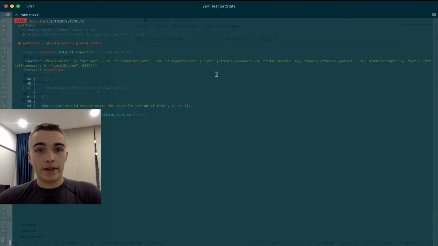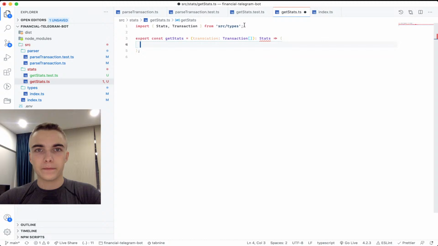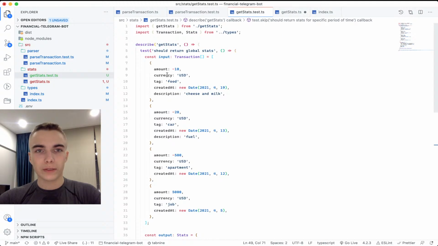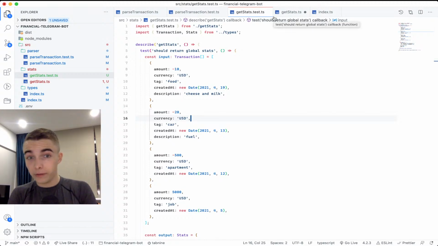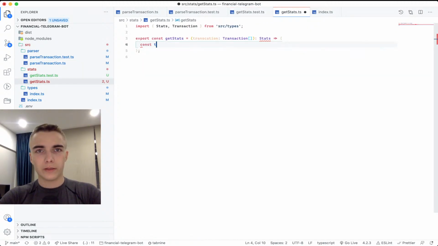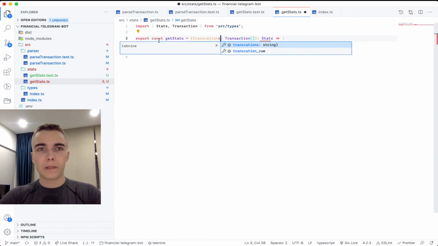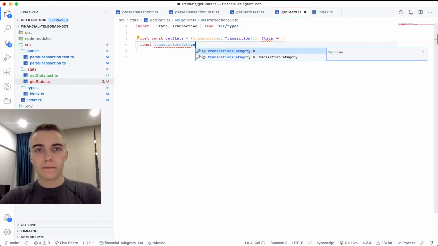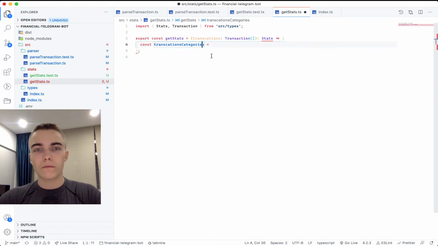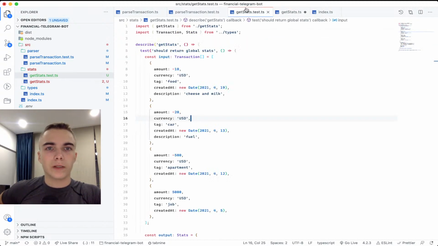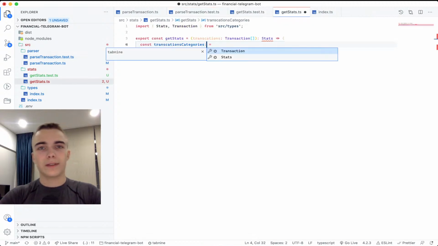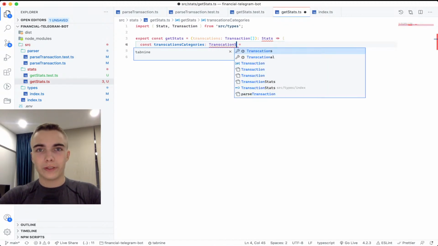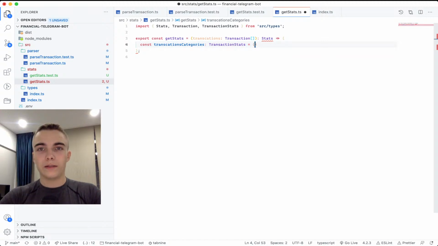Yeah, what do we have? We have those kind of things. We are passing those kind of things. Yeah. And we need to get everything together. Make like categories and stuff. Let's transactions, categories. And those are supposed to be like transaction stat, I guess. Transaction stat. Yeah. And here we have,